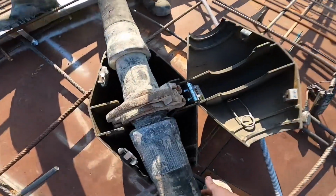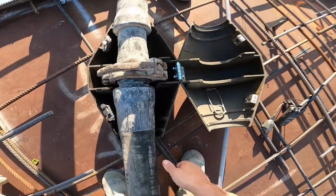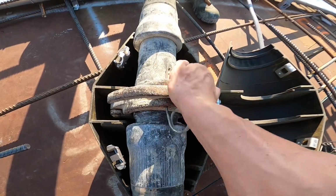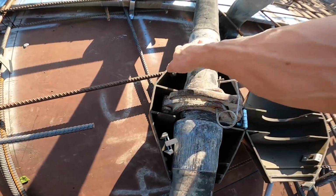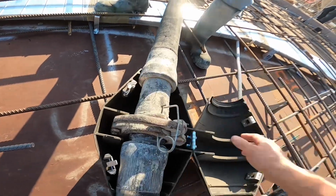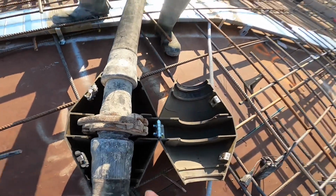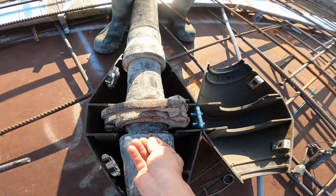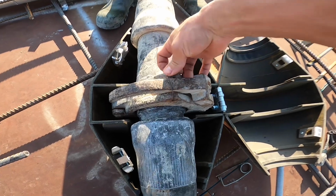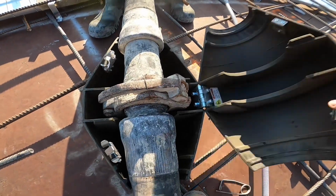So here we go. Somero hose egg, take one. 4-inch clamp drops in, and safety pin once I find the hole in place. And these things lock together just with these little tabs. Oh, you know what? I forgot these safety pins are way too big. I'll grab myself a little piece of tie wire. All right, take two. Here we are being resourceful. Just a little baby piece of tie wire. Not ideal, but this will work. It's the longest one I could find. And these guys just snap together